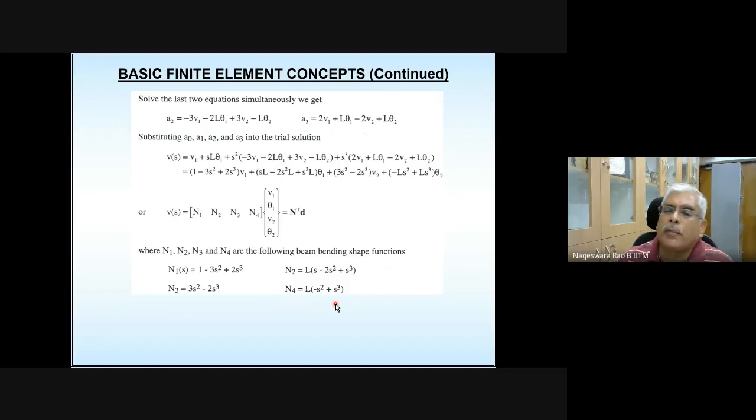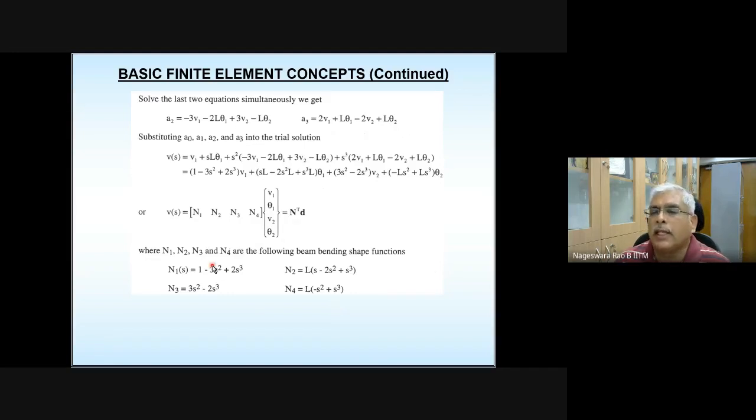What is the important property of shape functions that you learned when you did your bar element? I am recapping that. In the bar element, you have 2 shape functions, N1, N2. N1 is going to be 1 at node 1 and 0 at node 2. N2 is going to be 1 at node 2 and 0 at node 1.